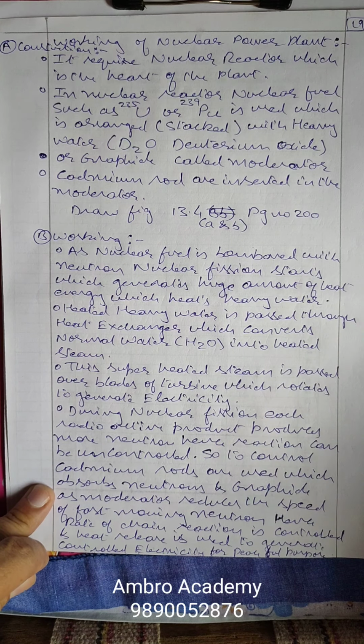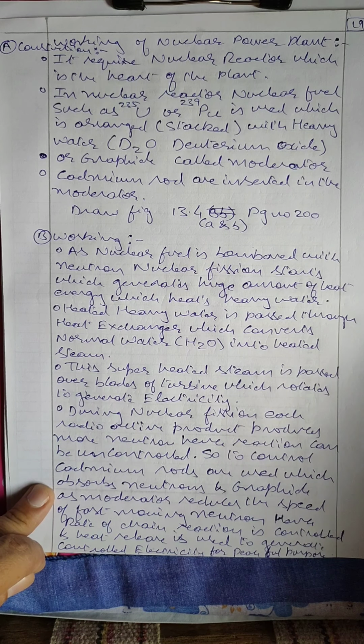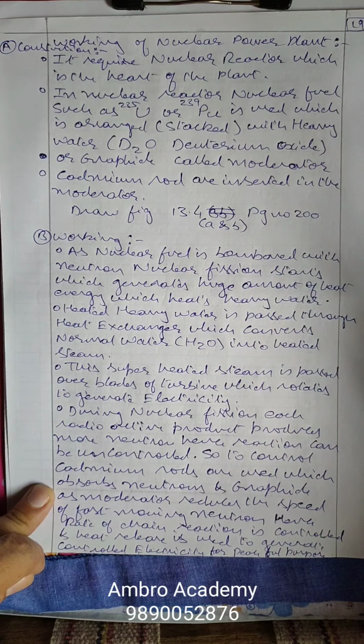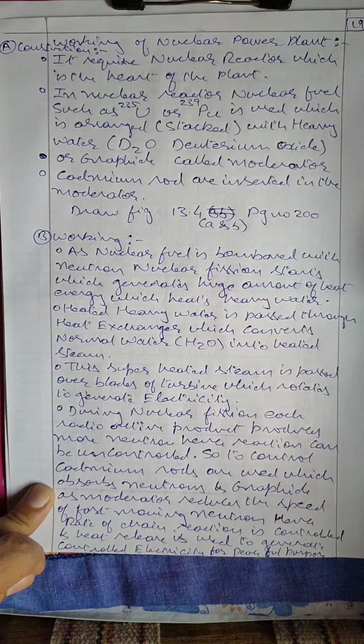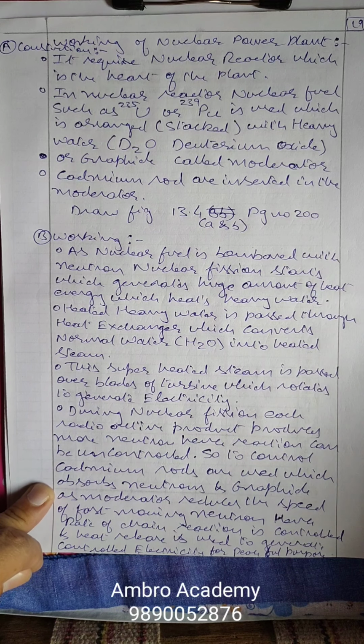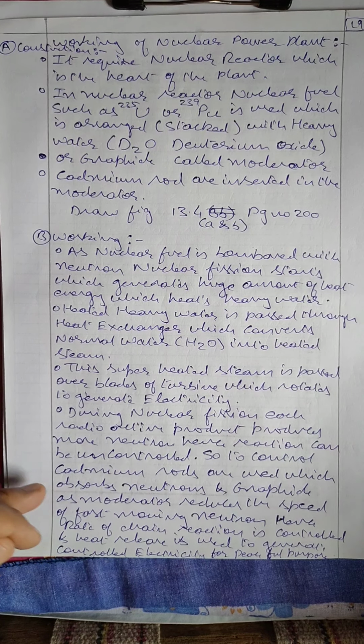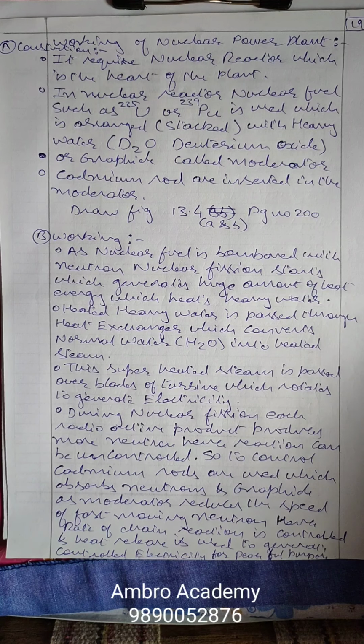One more thing I want to clarify: why are we using heavy water or deuterium oxide? Why not normal water? Because heavy water has the ability to absorb more heat, and it never gets heated fast. If we use normal water for this particular radiation, it may create problems. Normal water may deteriorate, generate more steam, and the reactor may burst. So we are using heavy water as a coolant, and it cools the reactants, that means the nuclear fission reaction, and itself gets heated, and this heat we use for generating steam, and steam is used for generation of electricity by moving the blades of the turbine.